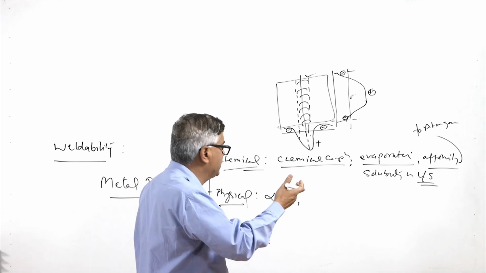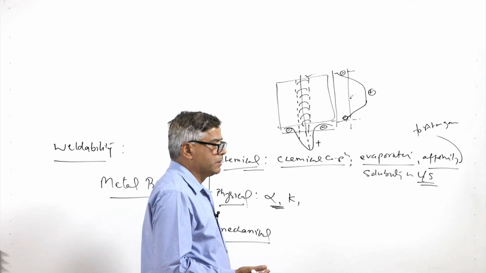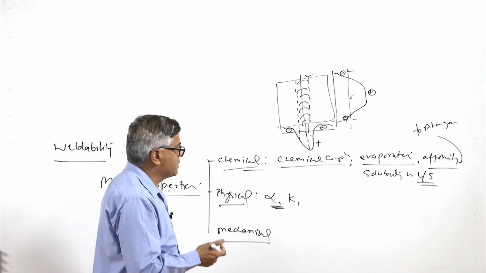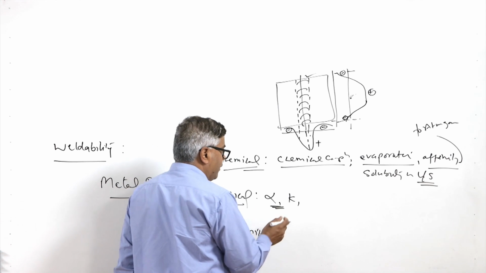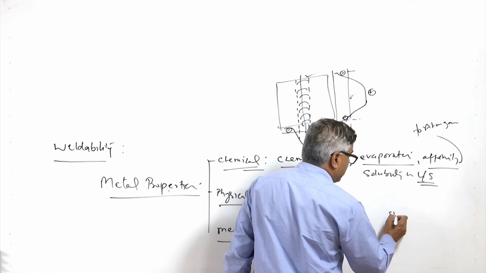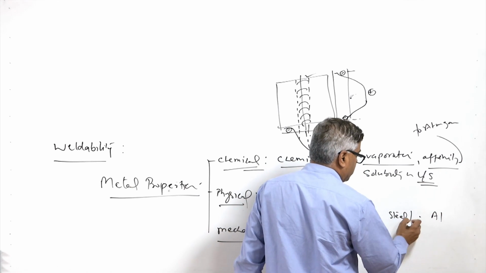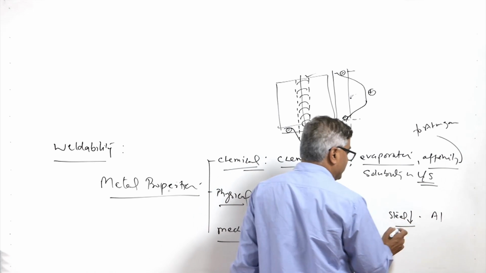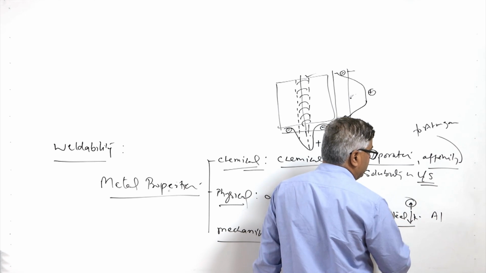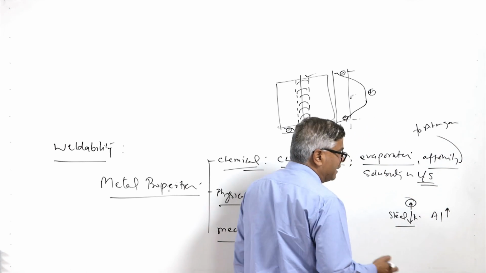Higher is the K of the metal, greater will be the amount of heat required to be supplied to the base metal. So, greater will be the adverse effects of the heat supplied in the base metal, which in turn will be adversely affecting the weldability. Like the steels having lower thermal conductivity as compared to aluminum. So, with regard to thermal conductivity, steels having low thermal conductivity will be resulting in much better weldability, while the thermal conductivity of aluminum is high.